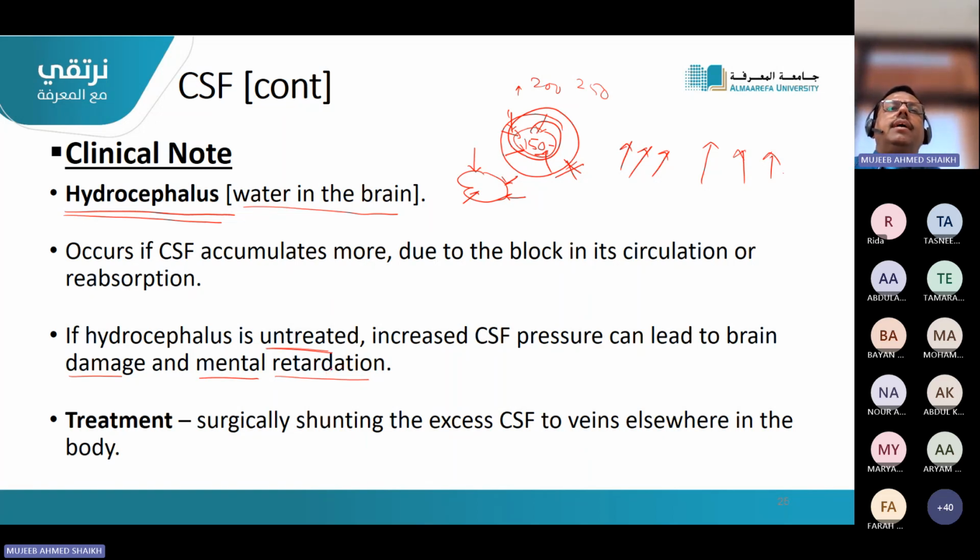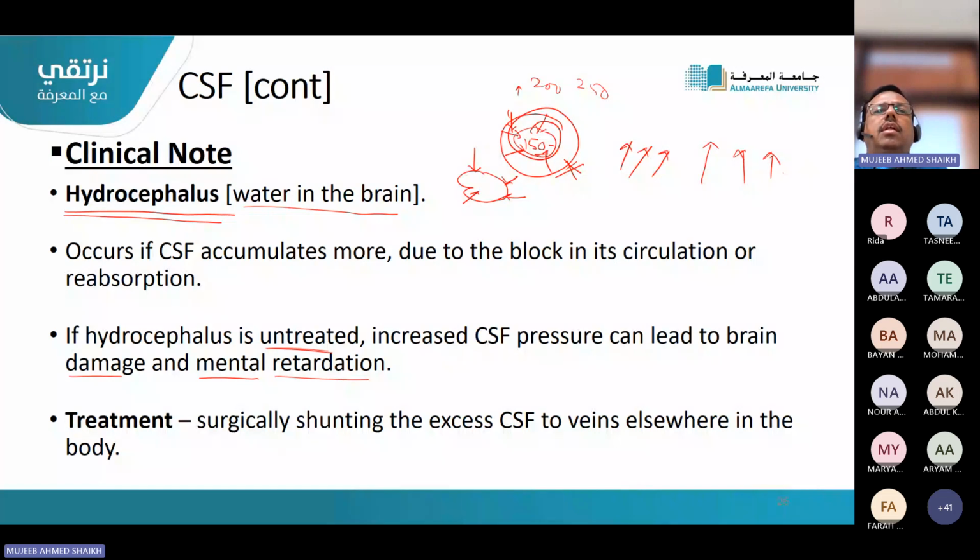Most of the time it is a condition which is present by birth. Immediately you will observe that the baby's head is very big. Why? Because all around is the water accumulated, or CSF is accumulated because of excessive secretion. And babies' skull bones are fragile and they are not connected, so it will become bigger and it will cause difficulty in delivery of the baby at the time of the birth.